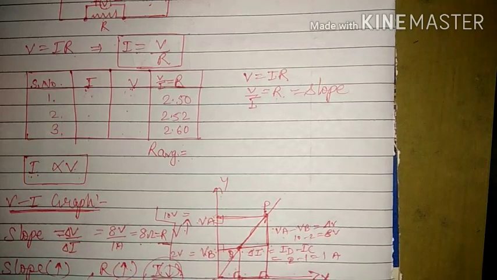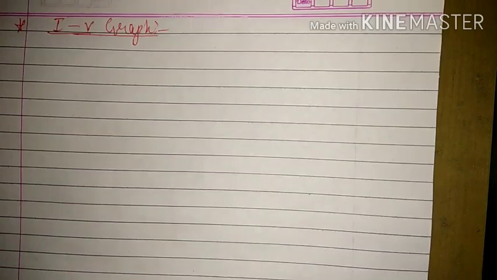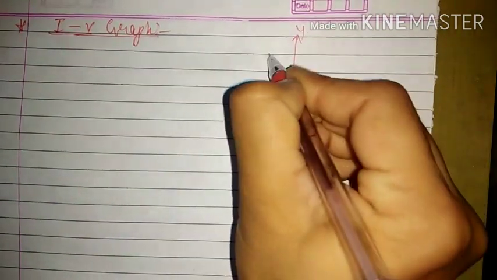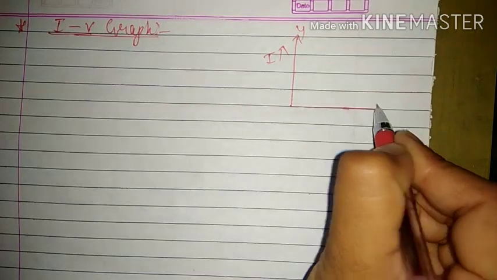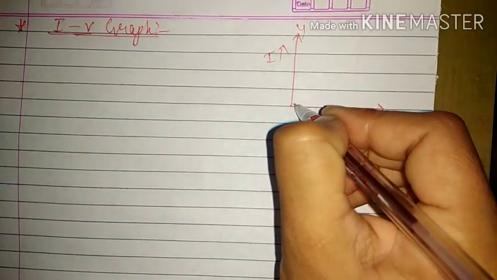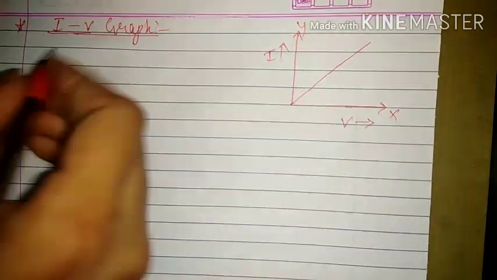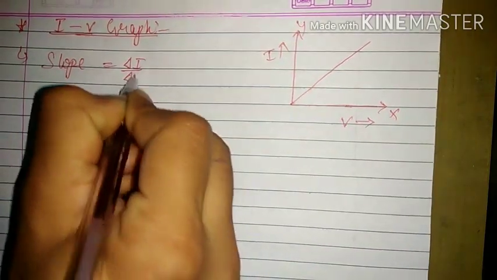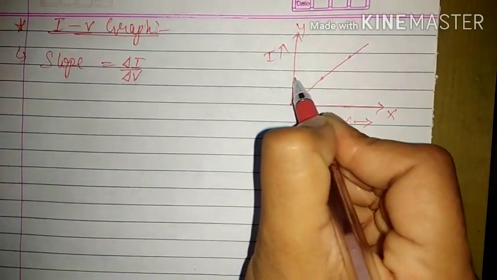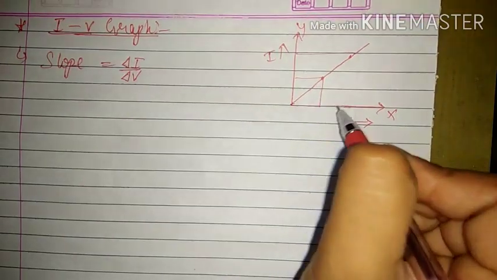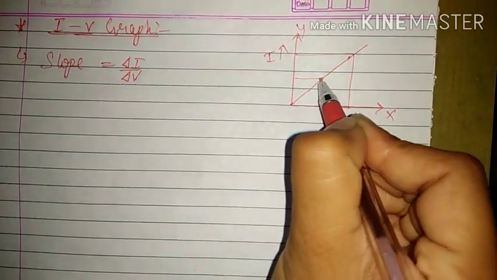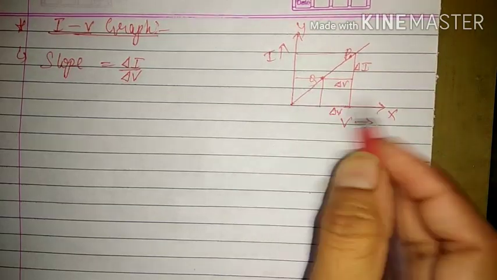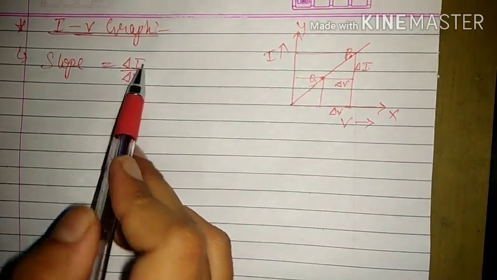Similarly, we can draw a graph between current and voltage. So if we take current I here on the y-axis and voltage on the x-axis, and plot a graph, and again find the slope, then in this condition the slope will be equal to del I upon del V. Because you see, if you take any 2 points, then this time there will be I and these points will be for del V. So this will be del V, and this will be del I. So if we want the slope of this line, this time it will be del I upon del V.